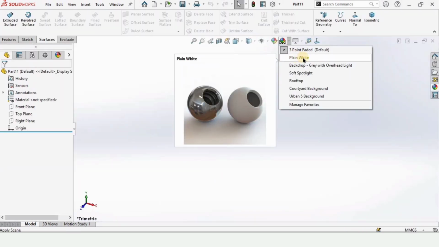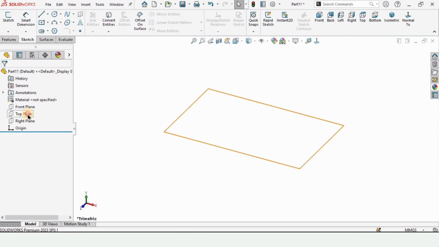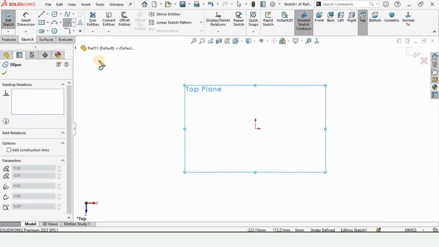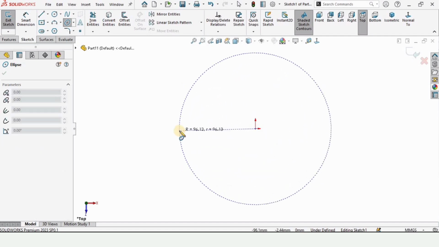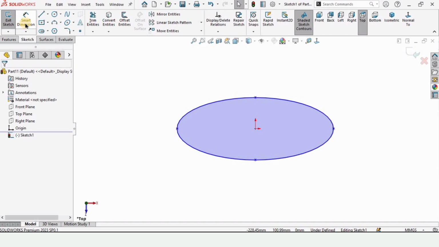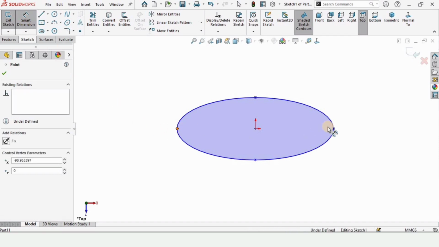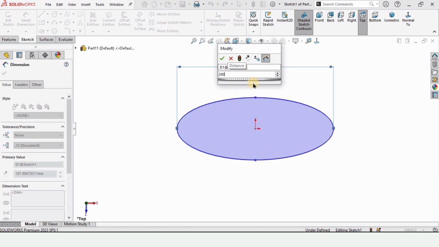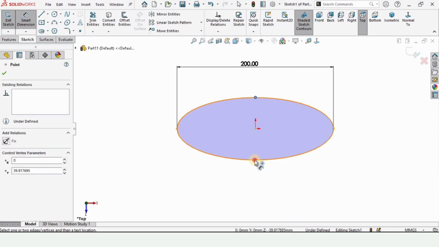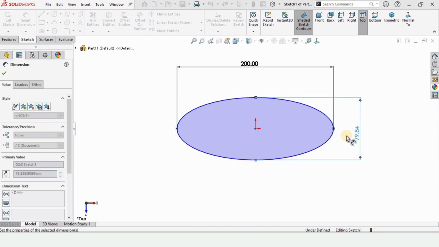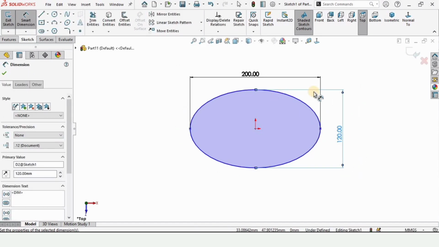and change the background to plain white, and after that click on top plane and select sketch, and this is the ellipse tool, and make an ellipse here. After that select smart dimensioning tool, and from this point to this point specify the distance as 200. Then from this point to this point specify the distance. Here I am specifying 120 millimeter, and then exit the sketch from here,